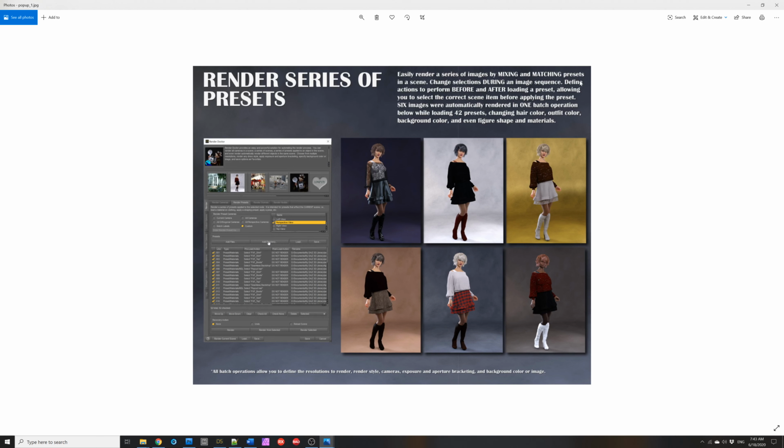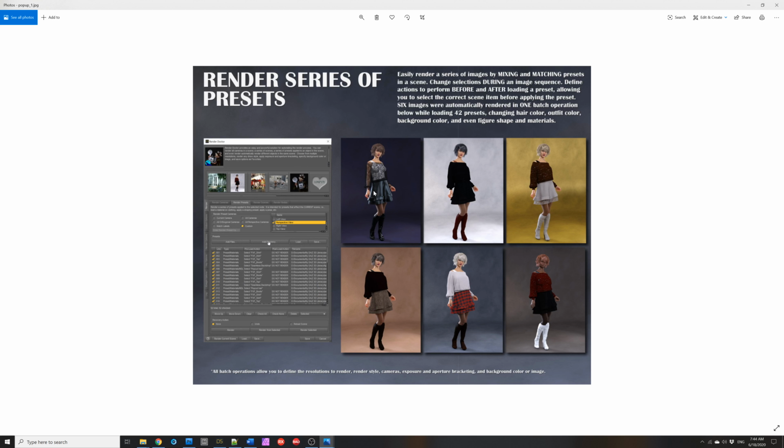So you can load in your scene, select this woman, for example, or select her skirt, and add a bunch of presets to change the material for the skirt. And so Render Doctor would then load or apply the material, render images, apply the next material or preset, render images, etc. What makes it so powerful is you can actually